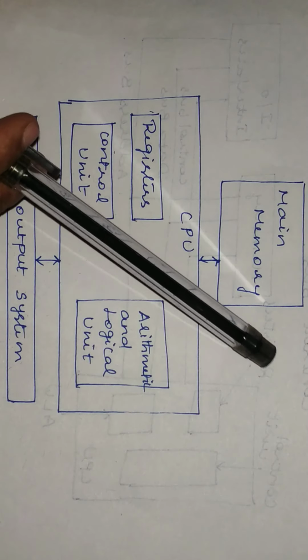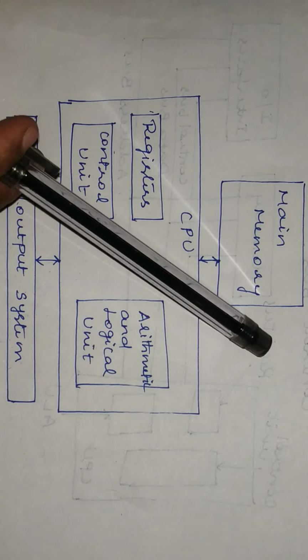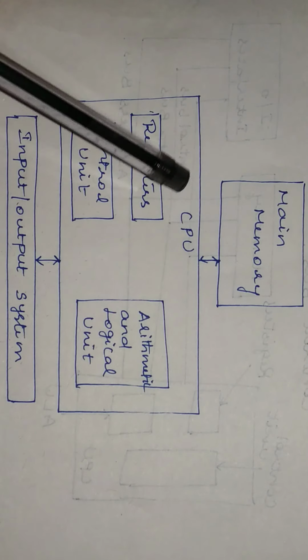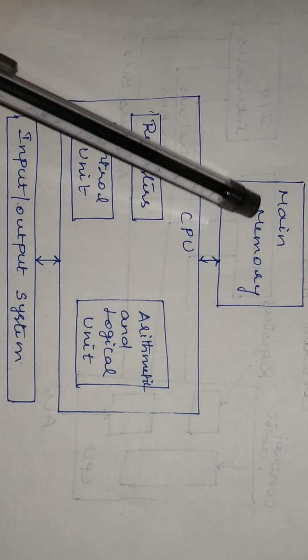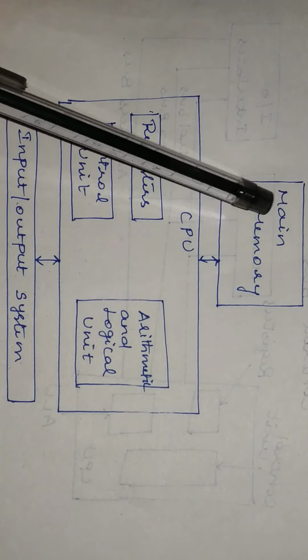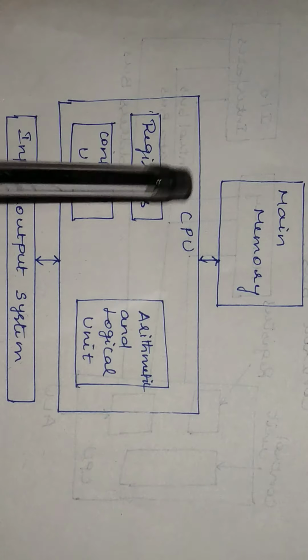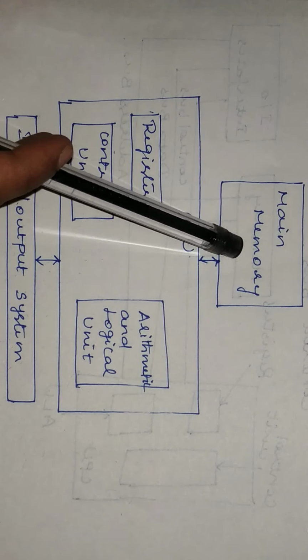Secondary memory is the disk or any kind of permanent memory. The processor cannot have direct access to secondary memory. It has direct access only to the primary memory, that is main memory, usually called RAM, random access memory. We can store both programs and data in this main memory.